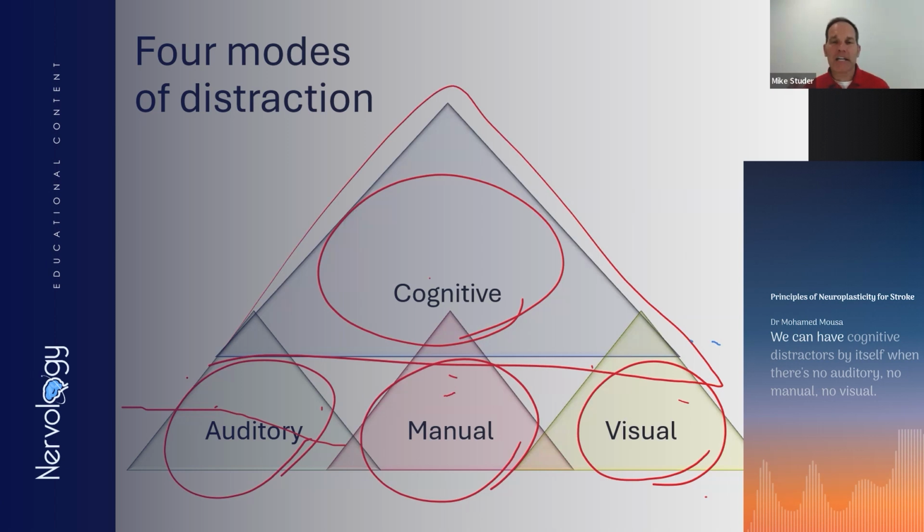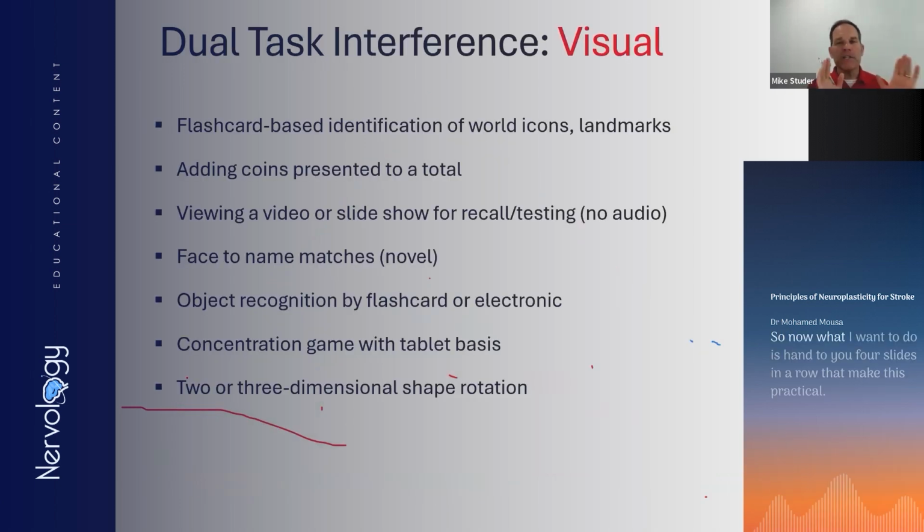We can have cognitive distractors by itself when there's no auditory, no manual, no visual, in the example of when he has to speak something from his own mind. That's cognitive. All right, so now what I want to do is hand to you 4 slides in a row